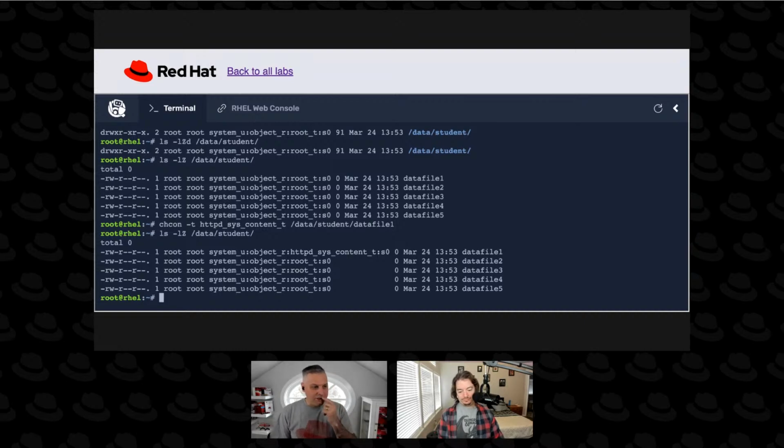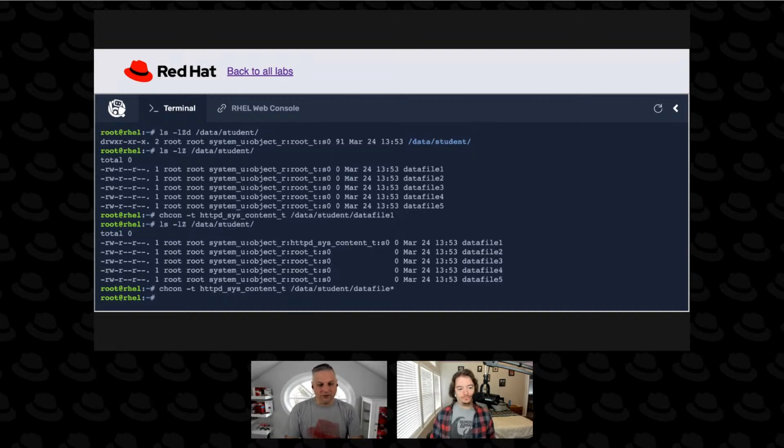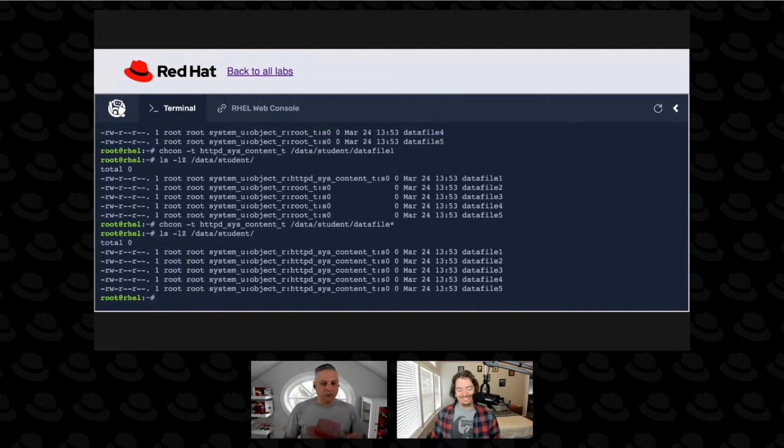All right, and I see that in the chat, Taylor Vent has pointed out that move has -Z, which would set the context of your file at its location where it is moved to. So we could do that too instead of restorecon. All right, so let me just do a chcon on all these. Chcon. Chcon. All right, cool. We're good to go. We've got our httpd serving content. We're serving those pages out of Apache. Everybody's happy